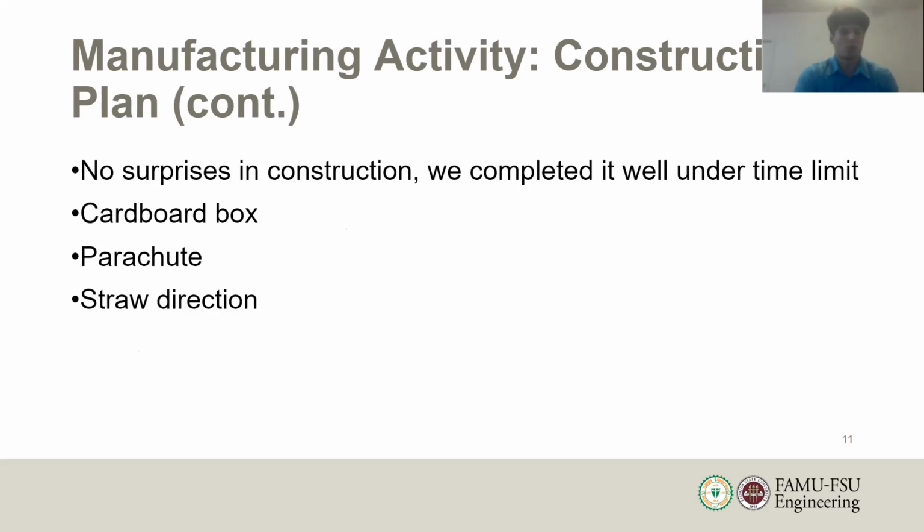So to continue, there were no surprises really in the actual construction process. What we had in mind ended up being somewhat easy to construct, as we imagined, and we completed it well under the time limit. With the cardboard box, it was originally too big for our liking, so we had to make it a little bit smaller, cut it up and tape it together so the parachute can actually hold the weight of it in a